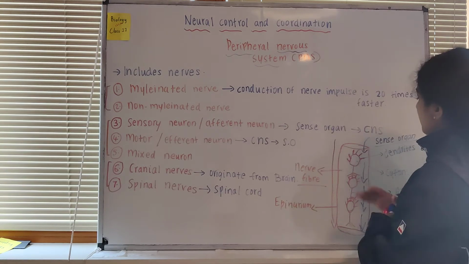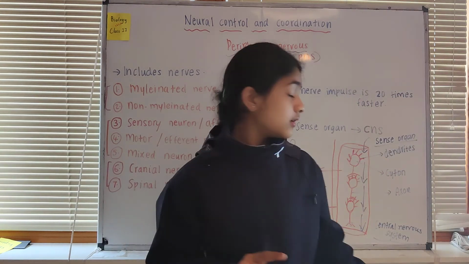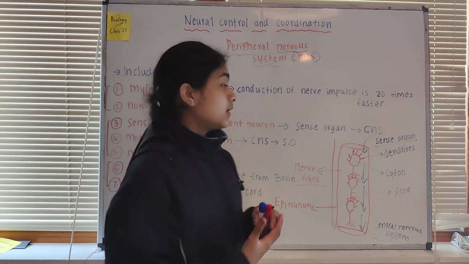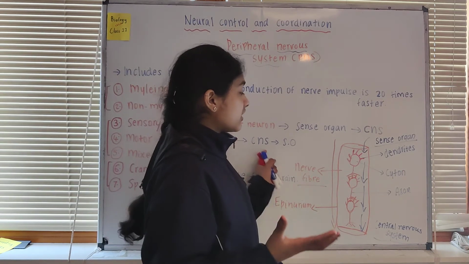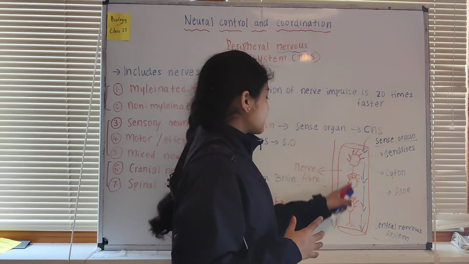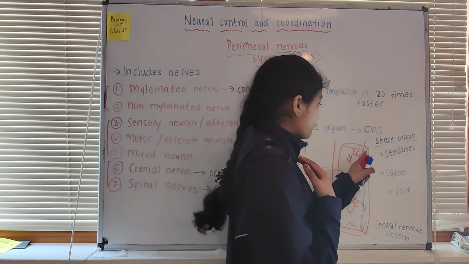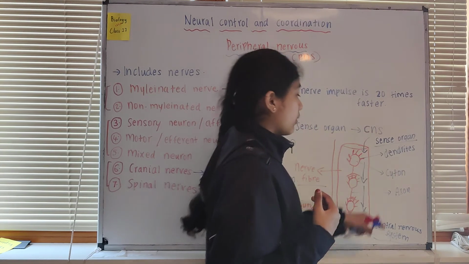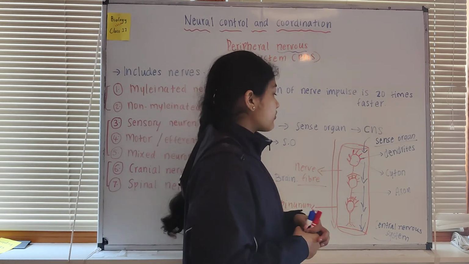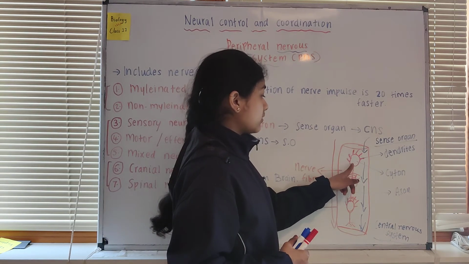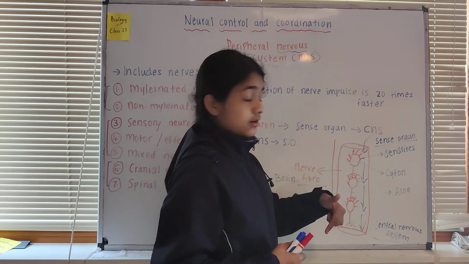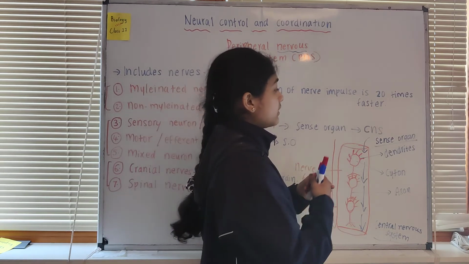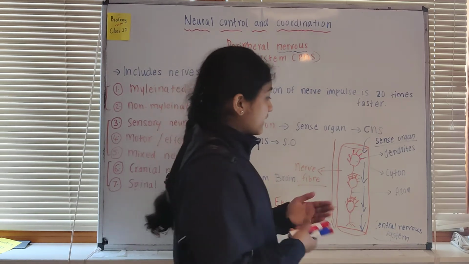And then we looked at the basic structure of the nerve fiber. The neuron is the basic unit of the nervous system, and the nerve fiber is made up of these neurons. So this is an example of a nerve fiber. We have labeled it: dendrites, cyton, axon and so on. The nerve impulse always travels from the dendrites to the cyton to the axon, and again to the dendrites of the other neuron. This is how the nerve impulse, or the electric signals, travel.